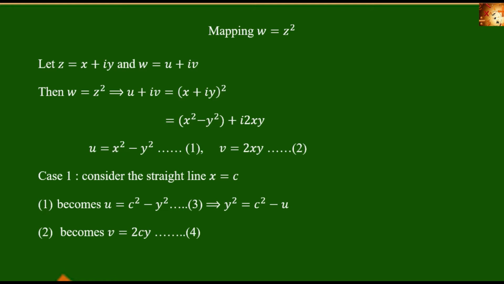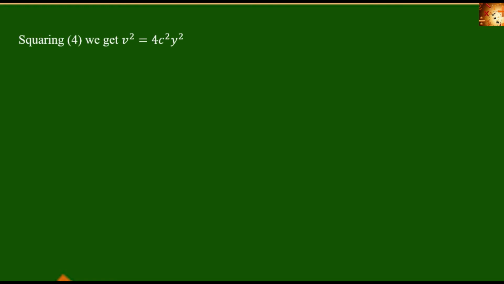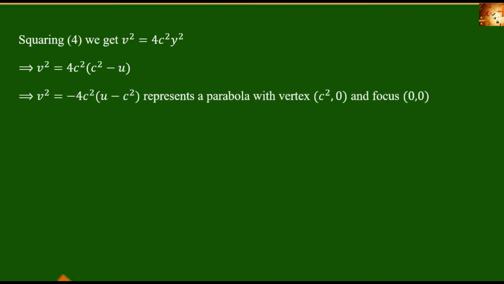So here I am going to square equation number 4. Then we get v square equal to 4c square y square. From u we got that y square equal to c square minus u. So substituting in the equation, we get v square equal to 4c square into c square minus u, that is equal to minus 4c square into u minus c square, which represents a parabola with vertex c square, 0 and focus 0, 0,